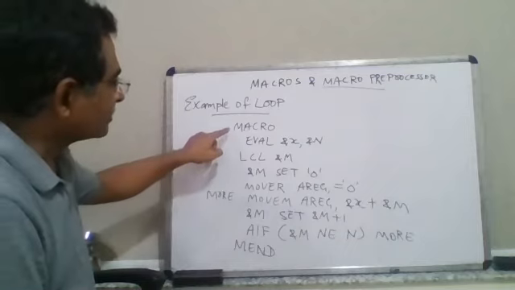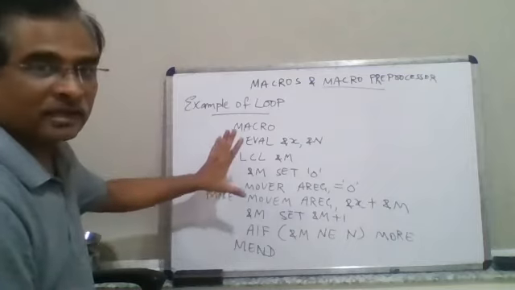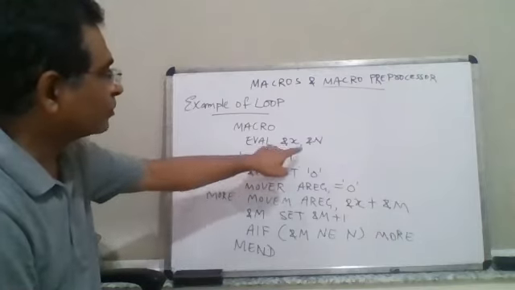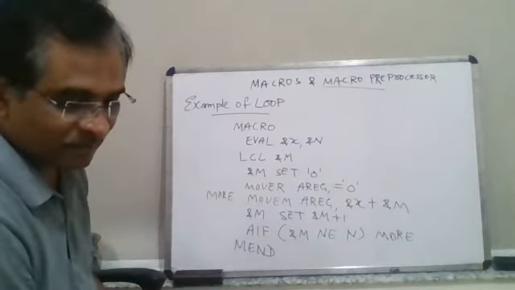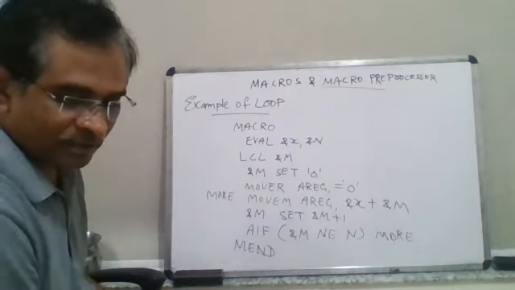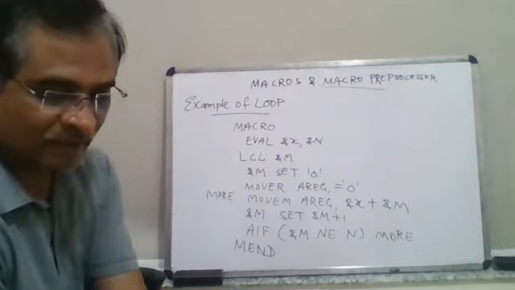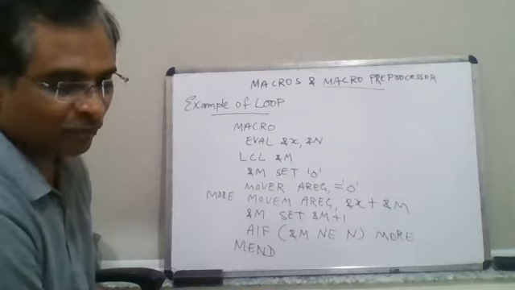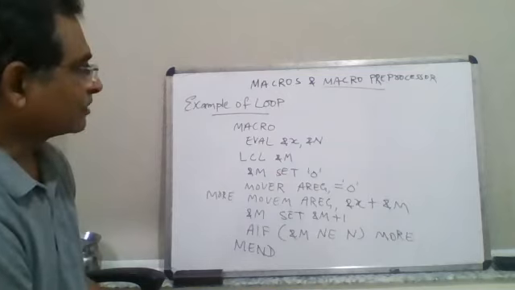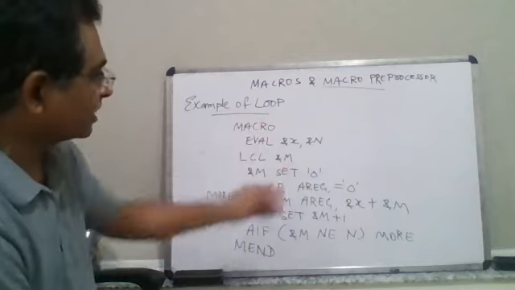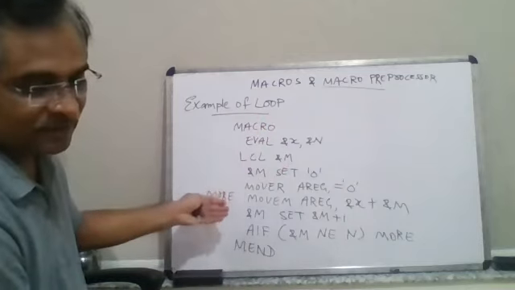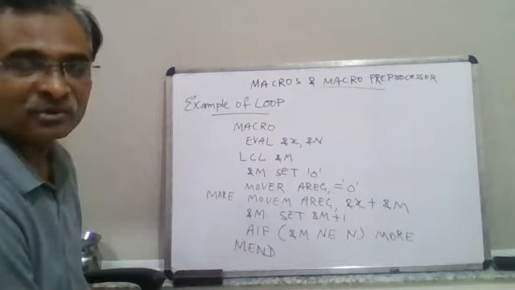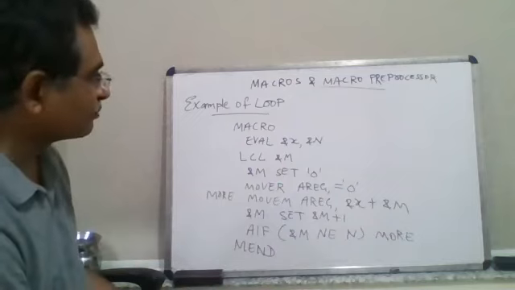What I'm saying here is this is a macro, and in this macro the macro name is eval, and there are two variables which I'm submitting here. So this is the name of the macro with the parameters, or maybe I can even say it is nothing but the macro prototype statement, right? Some books will also say it is the macro prototype statement. These are the model statements. So the macro body is normally known as model statements in most of the books, so it could also be coming up in front of you that way.